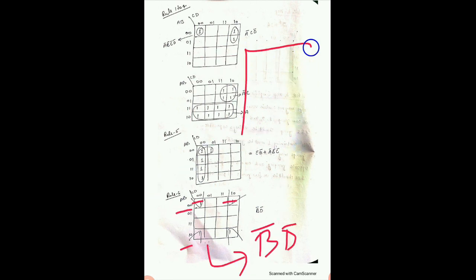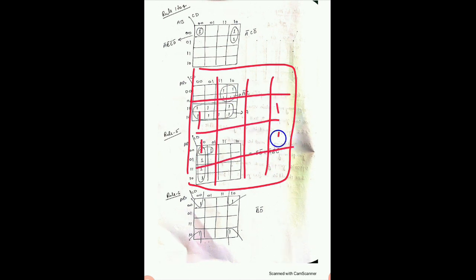In the corner grouping we can see that this is 0 0 and this is 1 0. Then we can see what is common. 0 is common, the second bit is b bar. In the top we have 0 0 and 1 0. Then what is common? 0 0 is the second bit, then we can have d bar. Then we have to write grouping of this in this way. Okay, so rule number 6 is this.